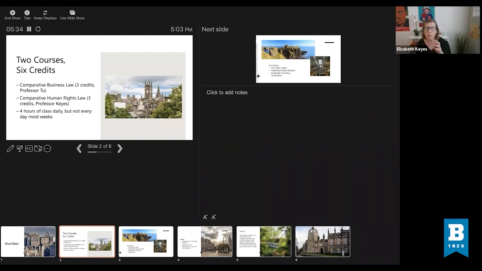Our hope, I think both of us, with these courses, is that when you come back to the States, you'll have an enhanced capacity, whether you ever touch business or human rights law again, to think about the fact that different systems are going to approach things really differently, and give you that critical insight, or at least critical curiosity you can bring to anything you study.